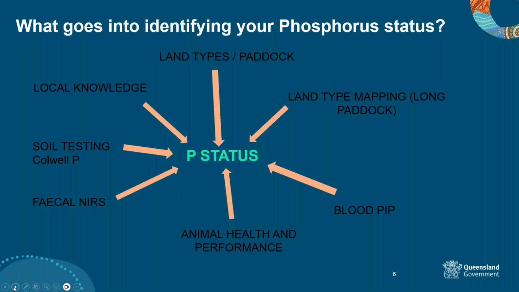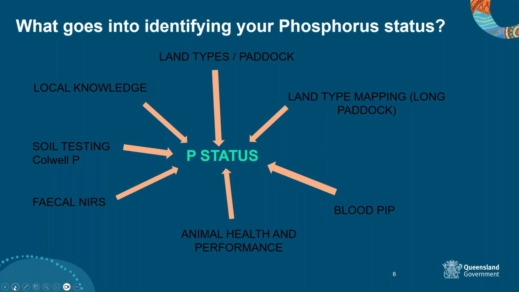Animal health and performance. Now, this works both ways. If we have really chronically deficient P, then we are going to have some animal health issues like bone chewing, pegged leg, snapping necks in yards, all these sorts of things that indicate to our local knowledge that there's some pretty deficient P country around the place. A good baseline of performance on that country is very useful, because once you start to supplement P, you can see what the response is,